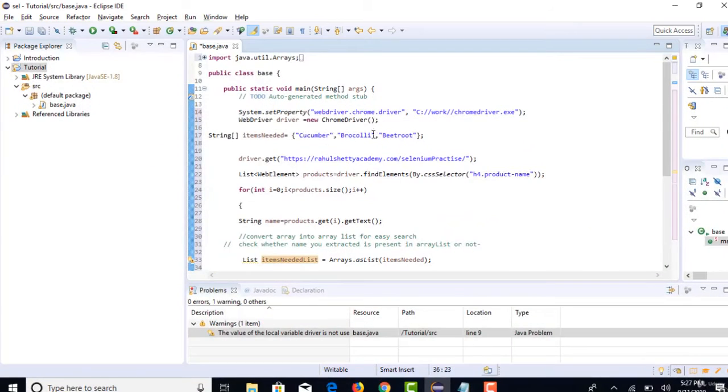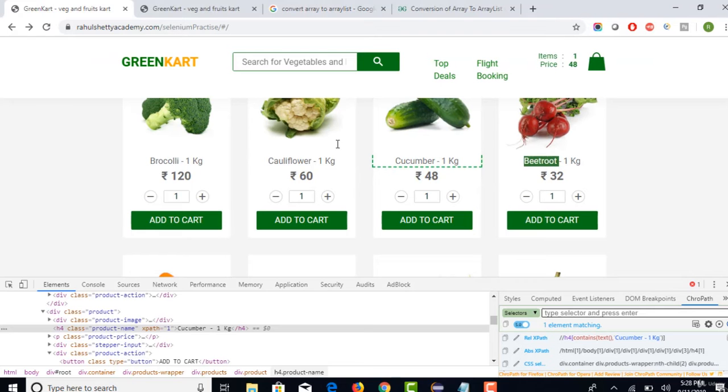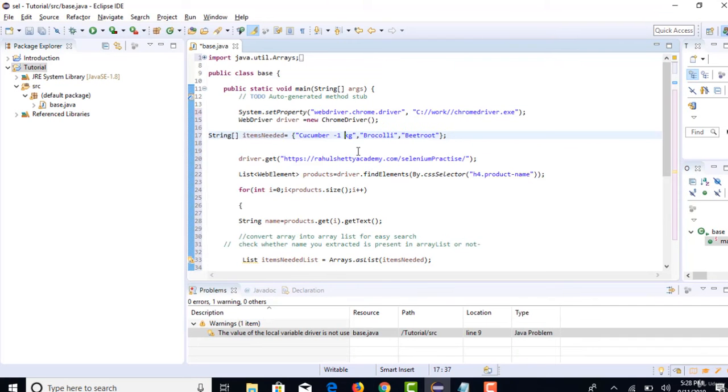But in our array list, we directly have the vegetable name, but we have not given 1 kg. You can still give it here like this and match this and it will start working. But in real time, people would ask you why do you need to give hyphen 1 kg and all. Just get the product names. Make this code cleaner by just providing the product names.